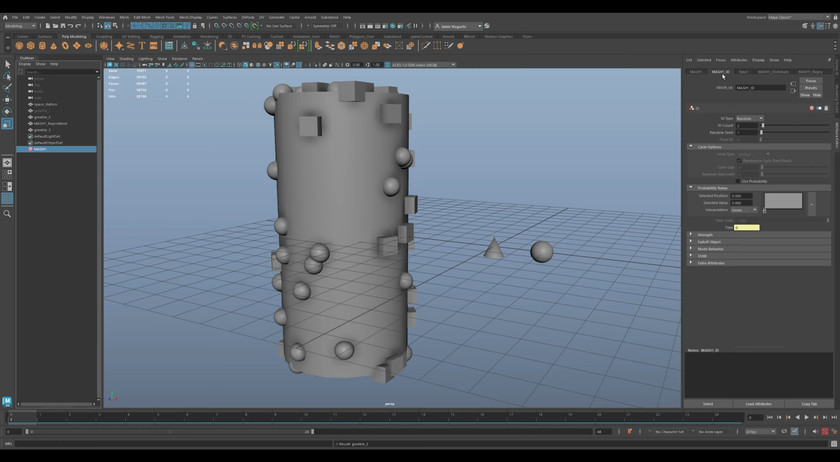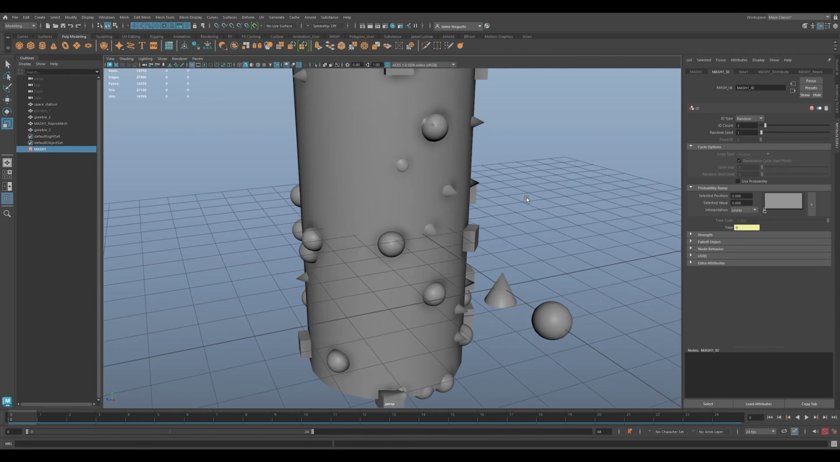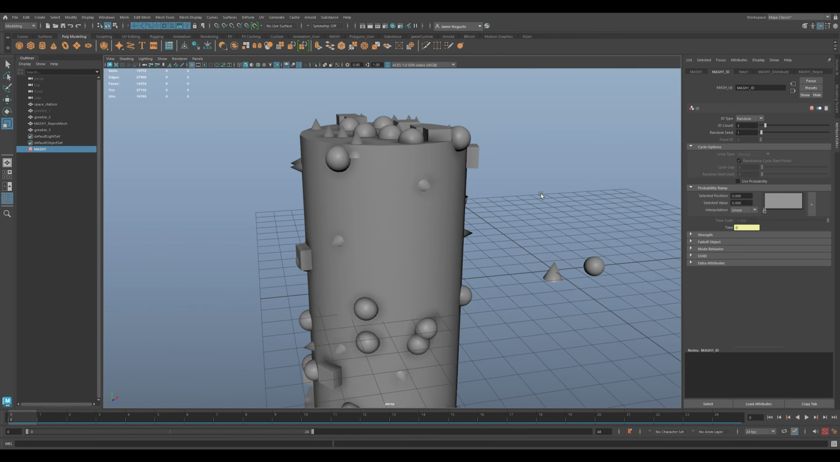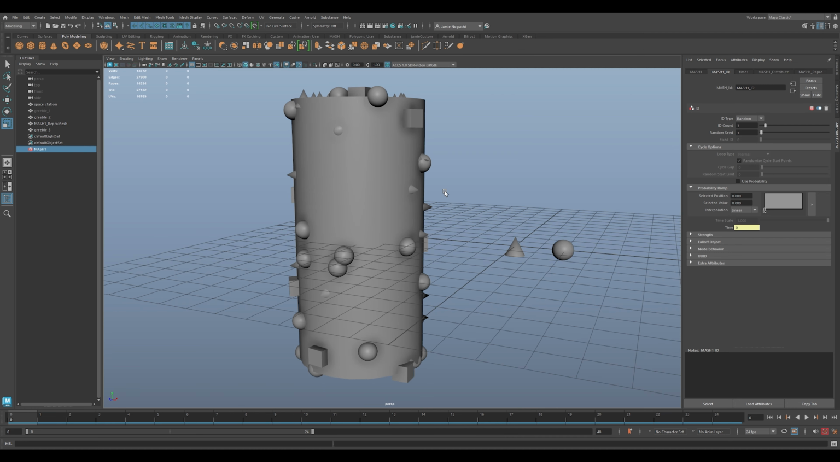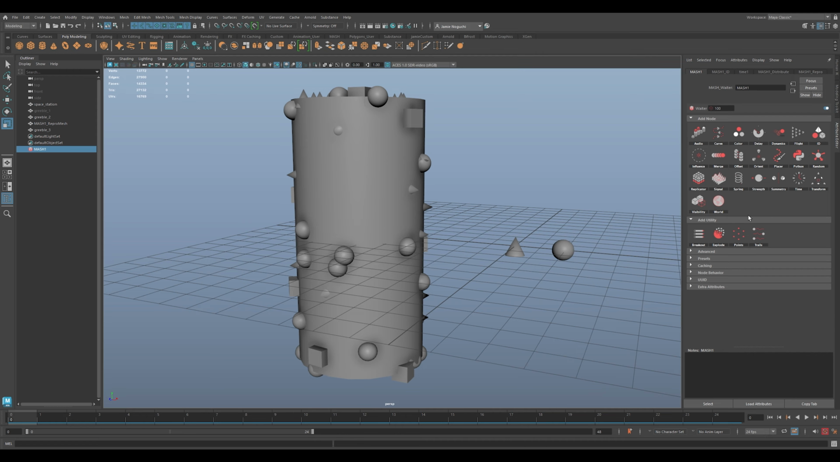We need to increase our ID count, so increase that to 3. And now we have cones and spheres and cubes as our Greebles. And then there are other nodes you can add, like a displacement node or all these other fun Mash nodes. But this is just a pretty easy, straightforward, simple way to set up your Mash network and to add customizable